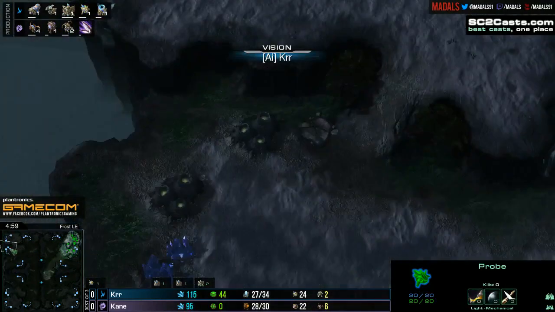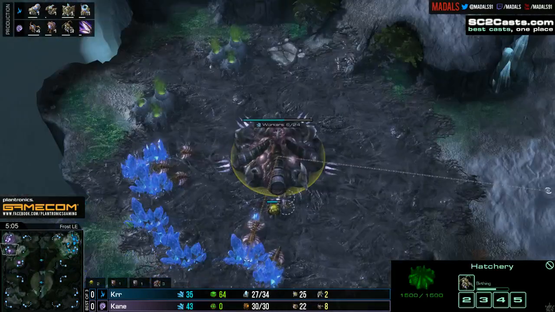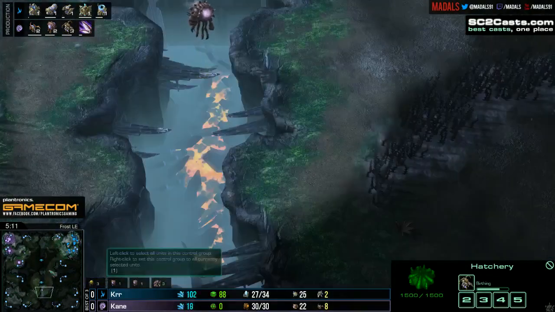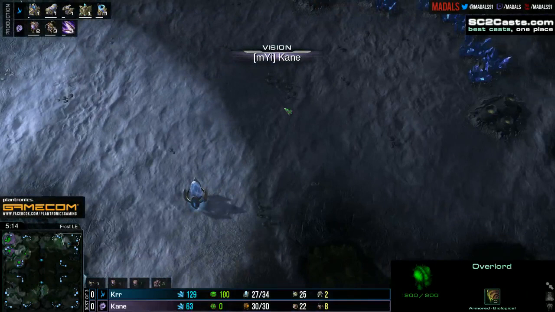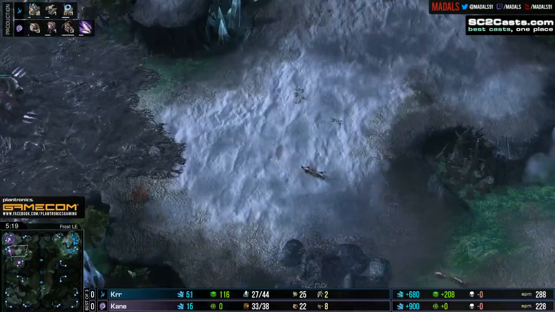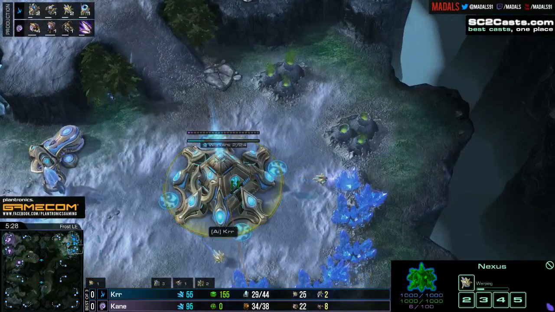For the moment, Krr has no idea that Kane is up in the top left, so he isn't going to be keeping a good little look around, isn't going to know precisely where his opponent is yet, but actually, Kane, he's already seen. He knows about this pylon, he knows his opponent is in the top right, and he's got some Zerglings making their way out. Now, the Stargate is on its way,